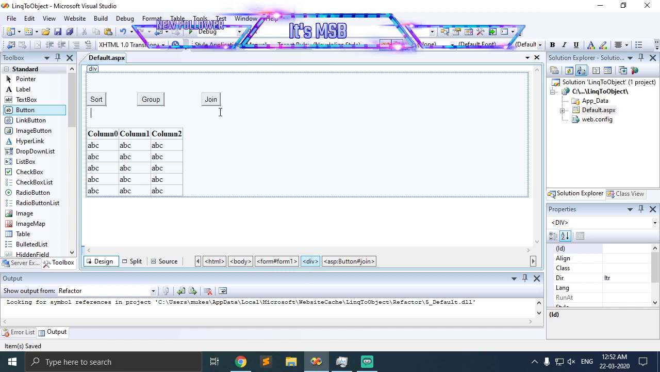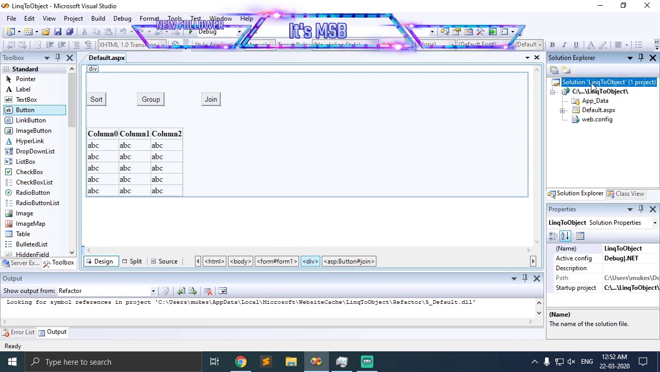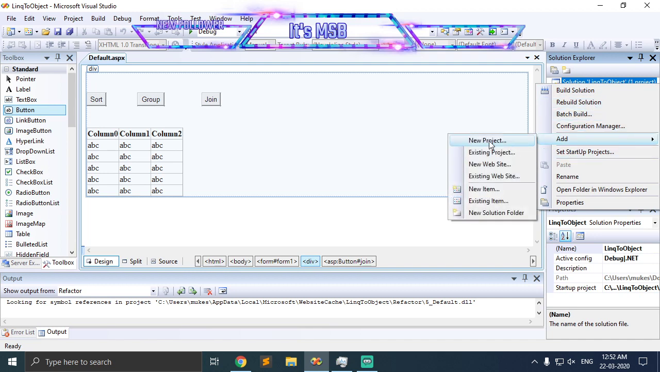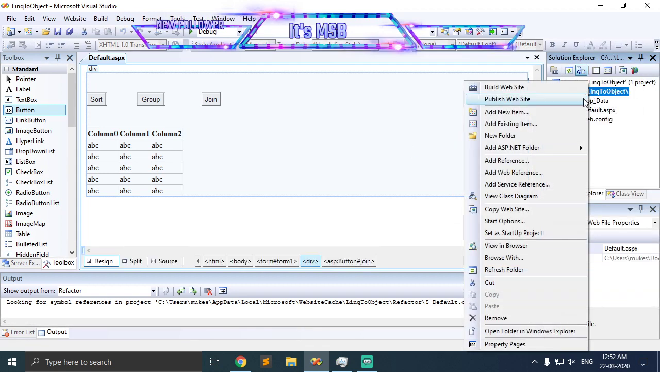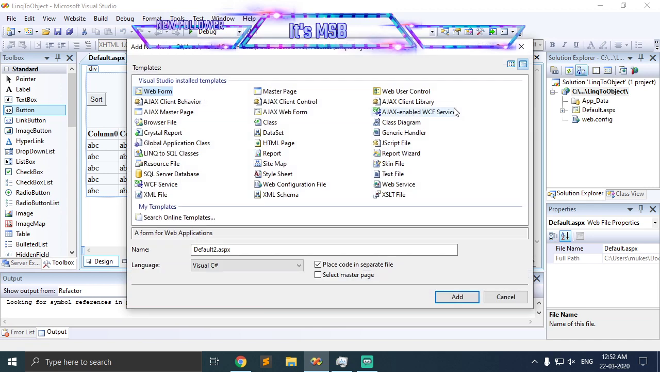Okay, now we have to add a new class for LINQ to Object. So go to our project name and add here, sorry, LINQ to Object, and add new item. By clicking on that, the pop-up window will be shown here, and we need to choose one class. Where is the class file? This is the class file, and we have to rename it as